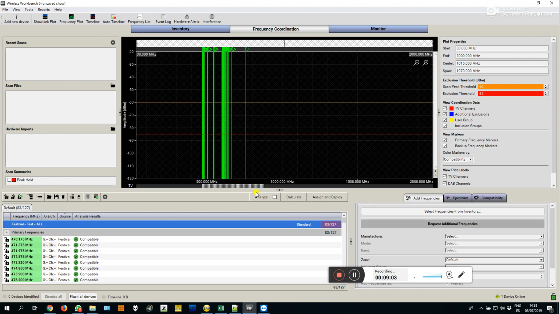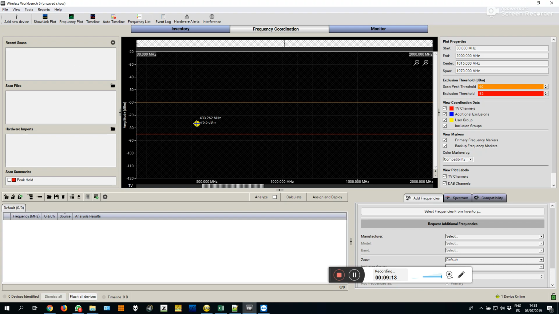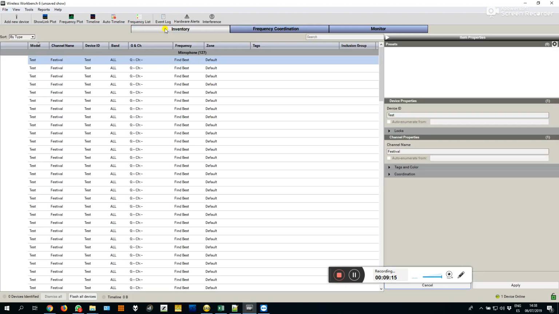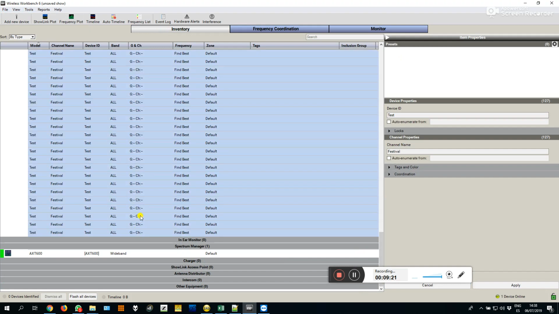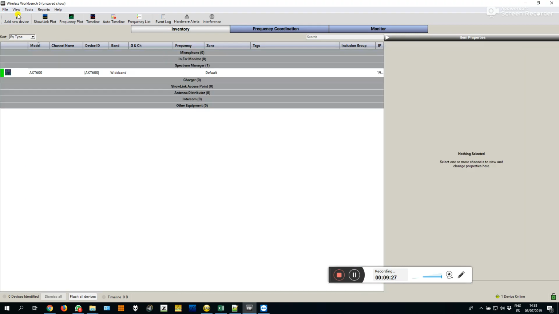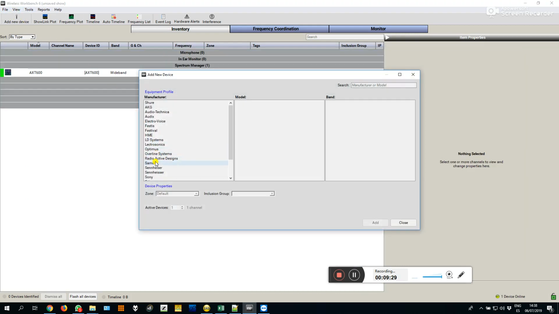It should actually include them all. I'm gonna delete this. I might have messed up something doing this file, and I'm gonna get rid of all these frequencies. I'm just gonna import the one I did this morning and the one I'm actually using for monitoring right now, and add new device, and it's called